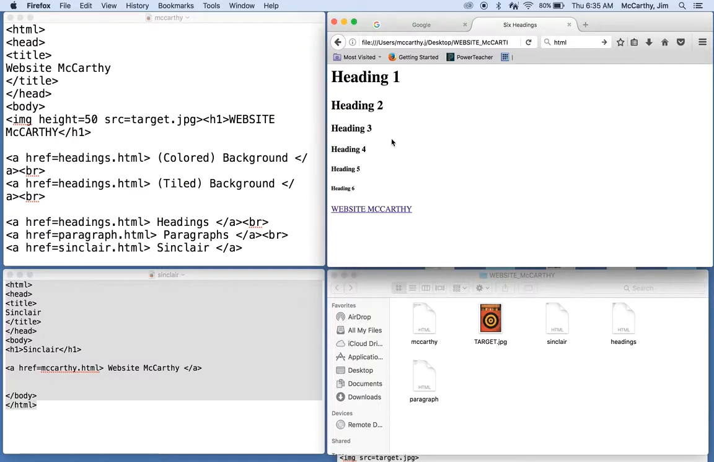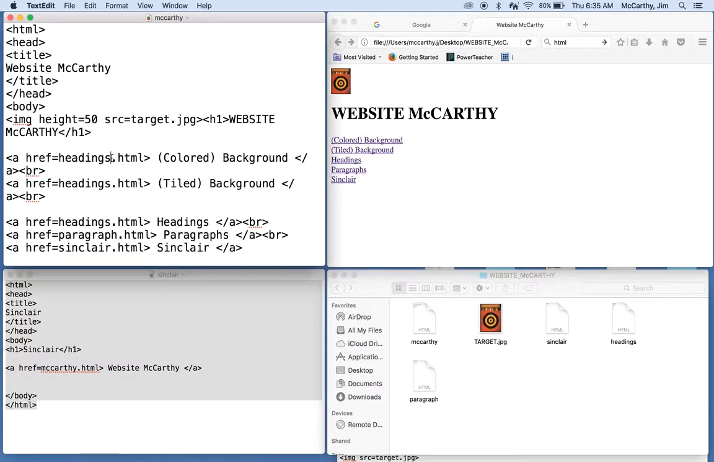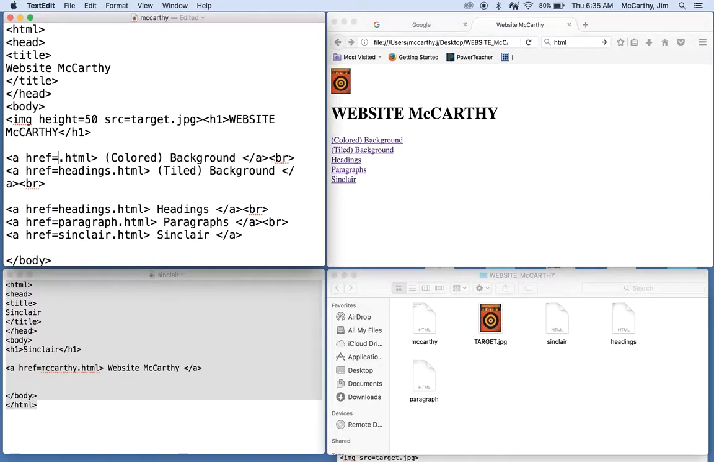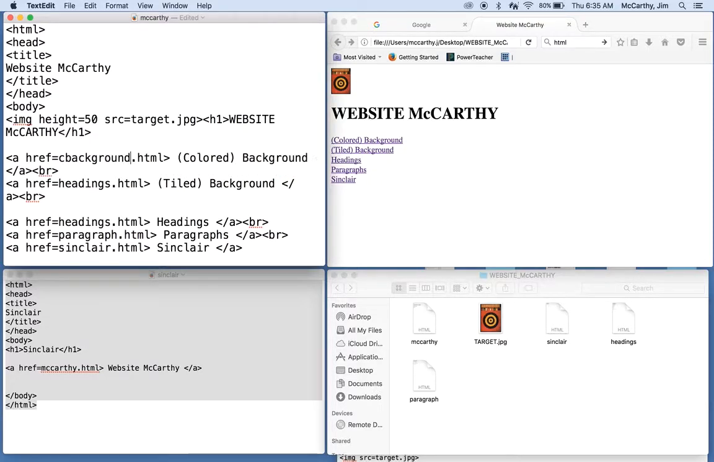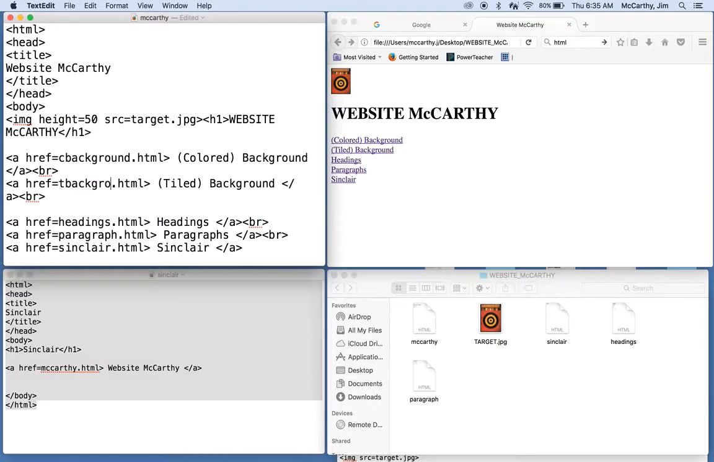If we click, oops, they're going to the headings. Why is that? Because that's where I have them both linked to. Okay, so instead, I am going to go C background, and then this one's going to be T background for tiled. Okay, I'm going to go ahead and save,